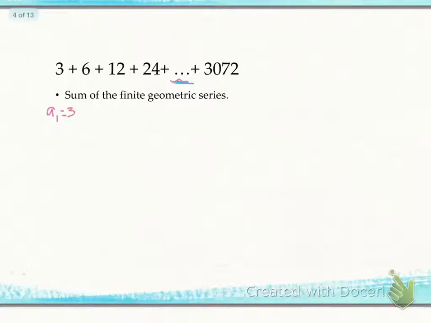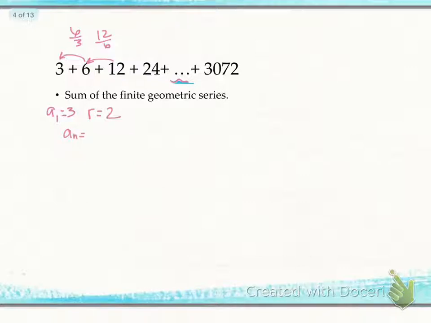So we need to figure out our rate. So remember, the rate is what it's multiplied by in geometric series. Okay, so what multiplies to get from 3 to 6, 6 to 12? Well, we multiply by 2. If you don't know, remember, put this one over this one, or this one over this one, and that will get you your rate. Okay, so we're going to plop that into our explicit equation,